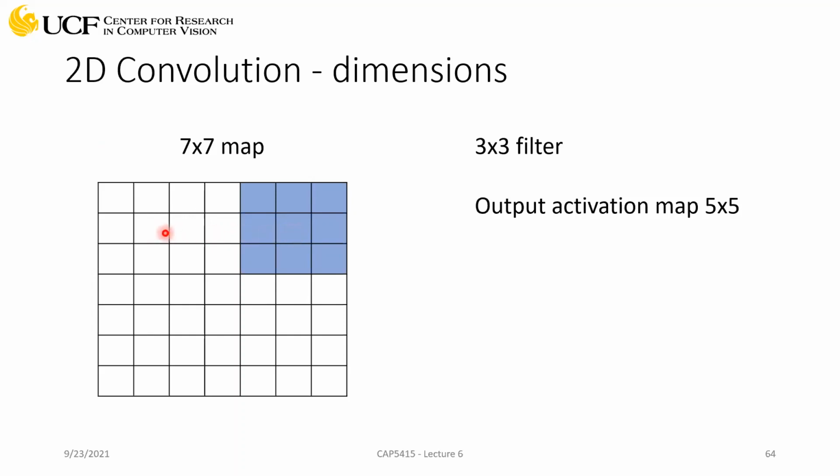And you know that for each position, when you put your kernel, you get one value. So that will define the resolution of your output activation map. Because there are only 5 possible values in that dimension, you are only getting 5 different values. Similarly, for the vertical one as well, you will only get 5. So this has something to do with your original resolution. In this case it's 7, because that defines how many positions you can put it in. The second important factor is the filter, which is 3 cross 3,